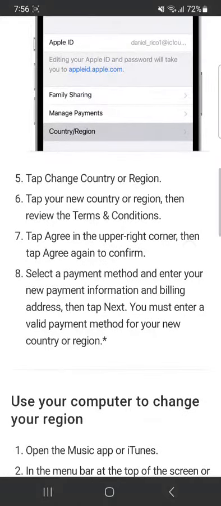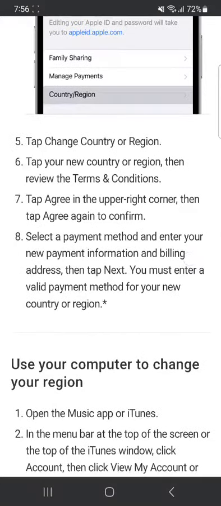So you're gonna add a payment method, and you're gonna enter your billing address and all that information, your credit card. You'll have to add all the information to verify, and then once that is done, you're good to go. Your new country or region is set up, and you can use your app store in your new